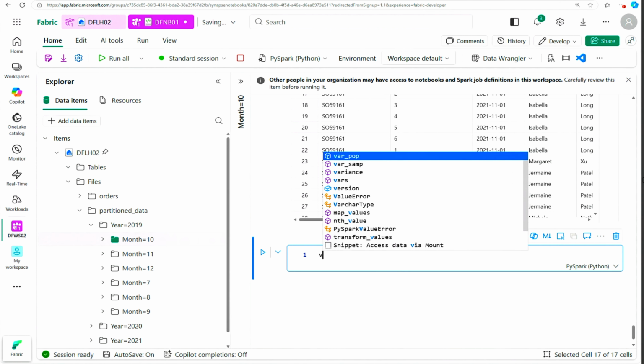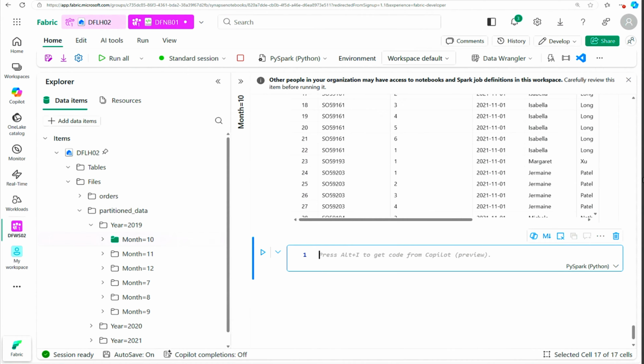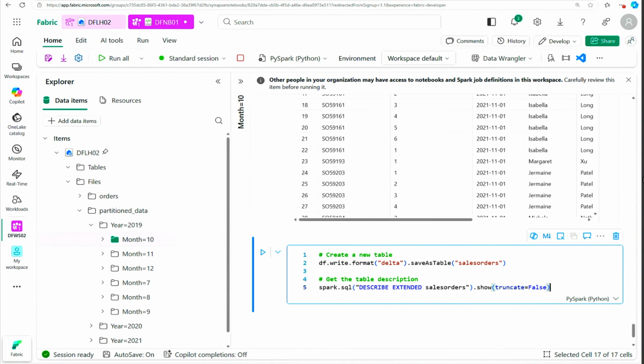So we are going to create a new table. Its format is delta and the table name will be sales order, and the table description is coming from sales order. So if we execute the code,